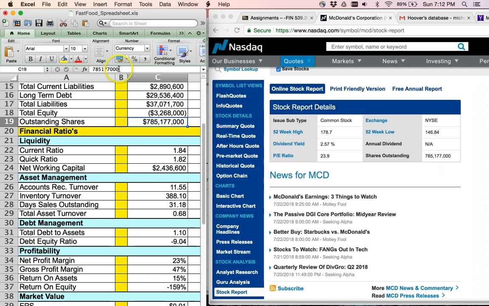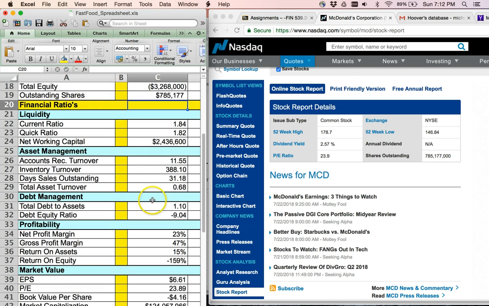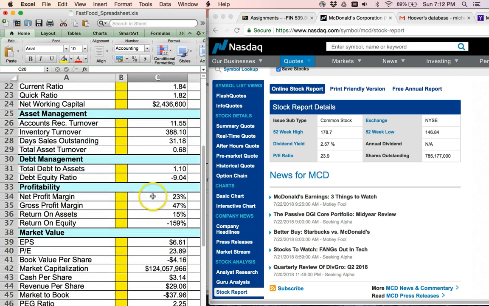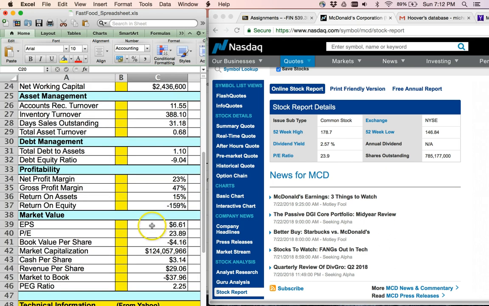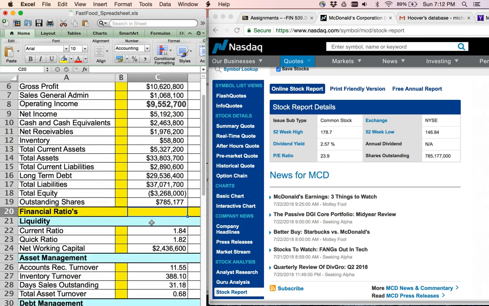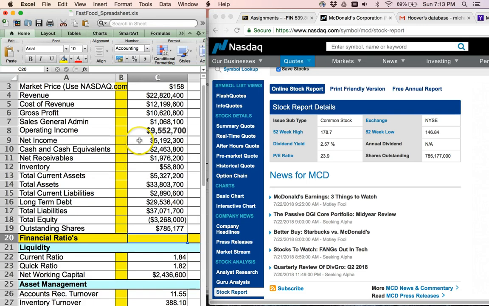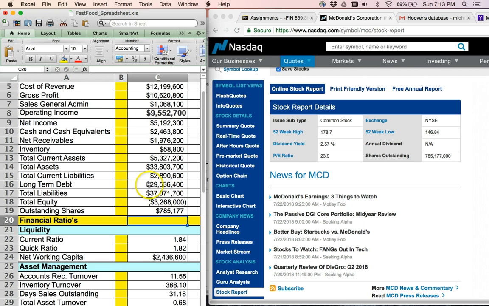Since everything has been truncated by 3 zeros, I'm going to have to take 3 zeros off of the outstanding shares. And the reason I knew that is because the earnings per share can't be a penny for McDonald's if they have net income of 5 million,